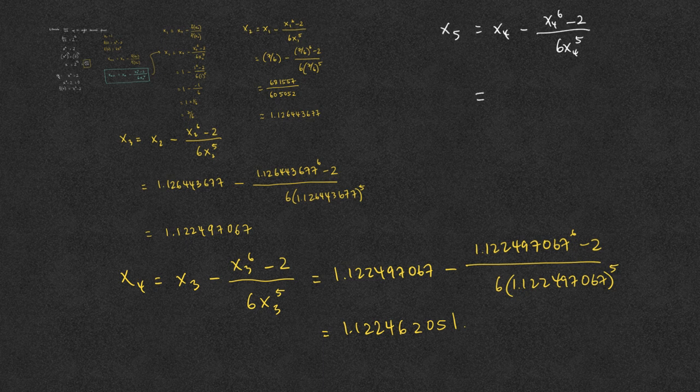But x sub 4 is 1.122462051, so we plug this into the formula: 1.122462051 minus 1.122462051 to the 6th minus 2 over 6 times 1.122462051 to the 5th power. We then put this in a calculator to obtain x sub 5 to be approximately